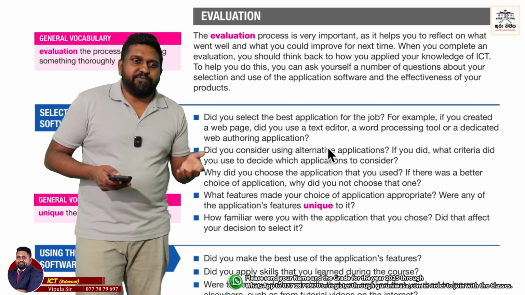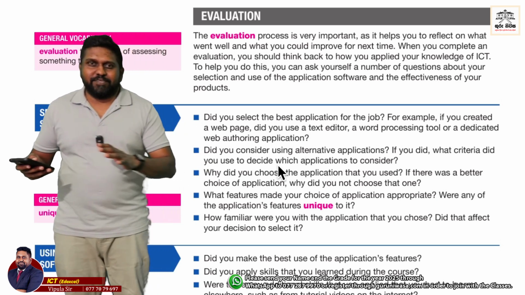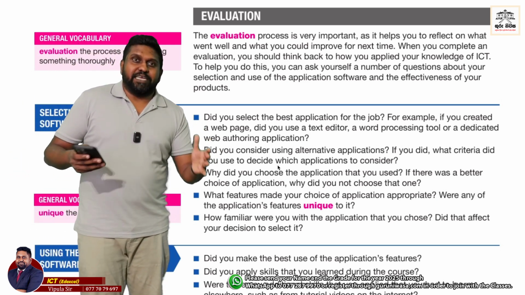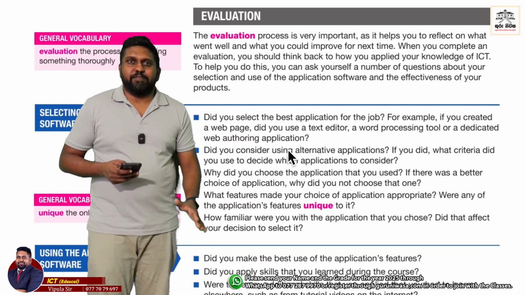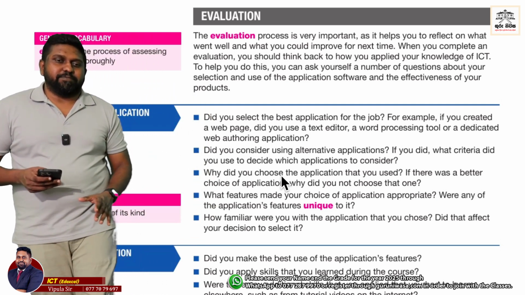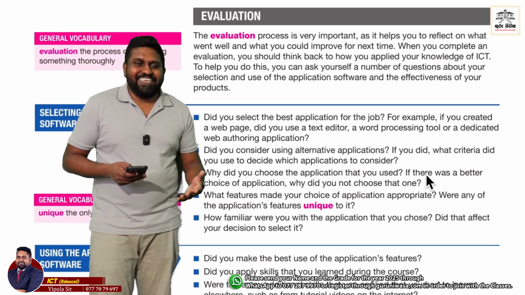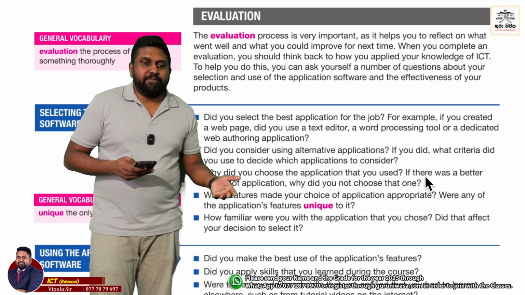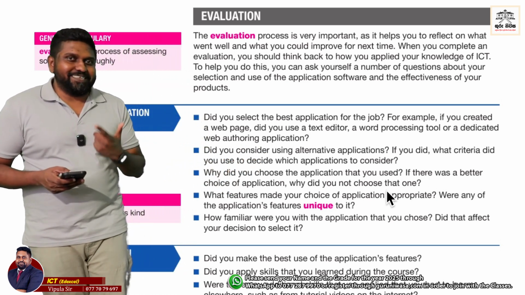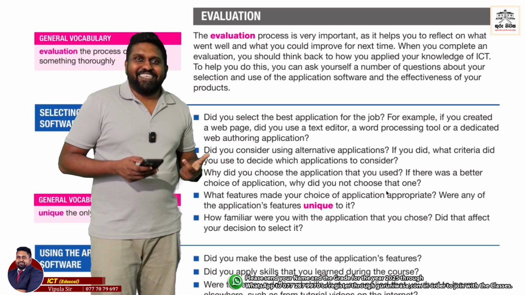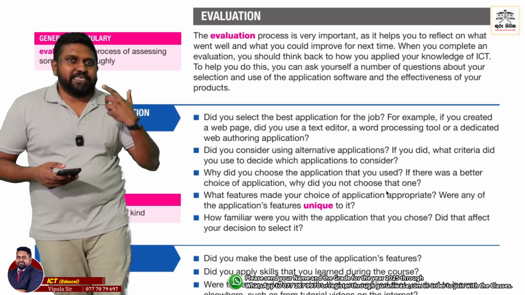But let's say, I'm just assuming, Siluni is a die-hard Uber fan, so she says no, I'm not going to Pick Me, I'm only going to stick with Uber. Then we can ask, why did you choose the application? And she might say, I trust Uber or something like that. And if there was a better application, why did you not choose that one? That is where we ask the question from the other side: why didn't you use it? Then we can actually get a clear idea